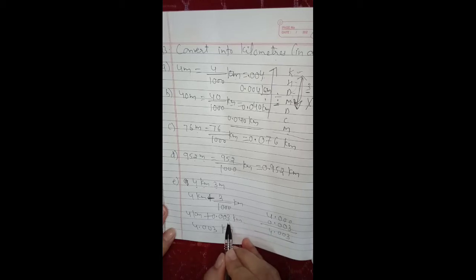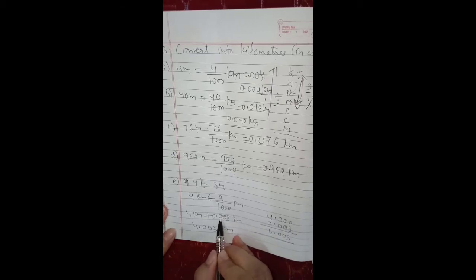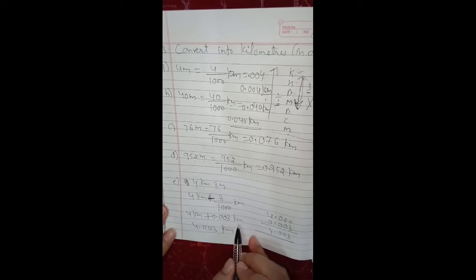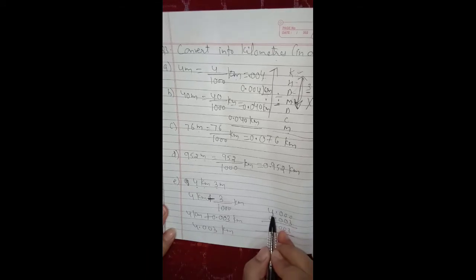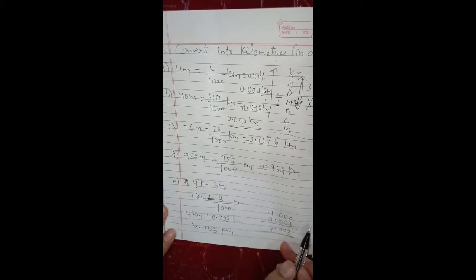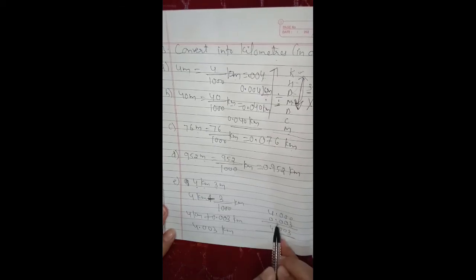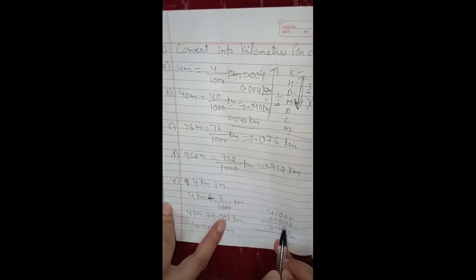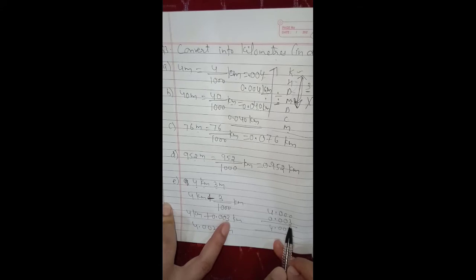Now number of digit here is 1. So you can put 2 zeros before this digit to make it 3, and before 3 digits put decimal. Means after decimal there should be 3 digits. Now you have to add it. 4 kilometer means 4.000 because 1 kilometer is equal to 1000 meters. So there should be 3 digits after the decimal, 3 places after the decimal. Now put decimal. Before decimal it is 0, after decimal it is 0, after 0 there is 1 more 0,